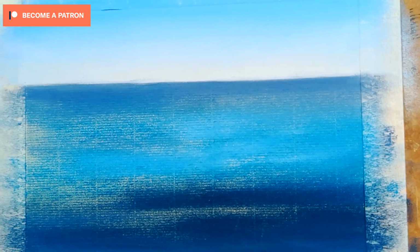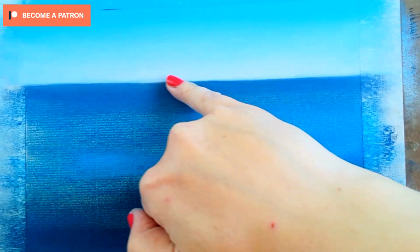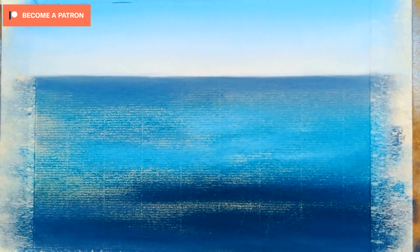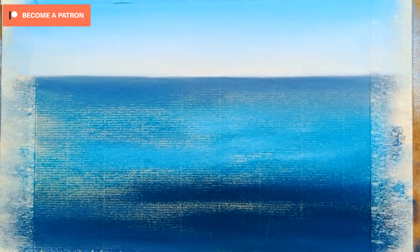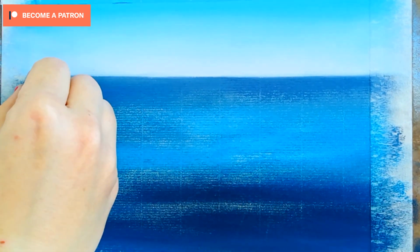Okay, so here I'm gonna clean my finger good, and I'm gonna correct that line of the sky. There we go. So quite happy with that. Next, what we do is we're gonna start creating the texture. So here again, I'm going in with the same color for now, and I'm gonna pass over my darker area. And you can see that the texture of the paper already creates that interesting